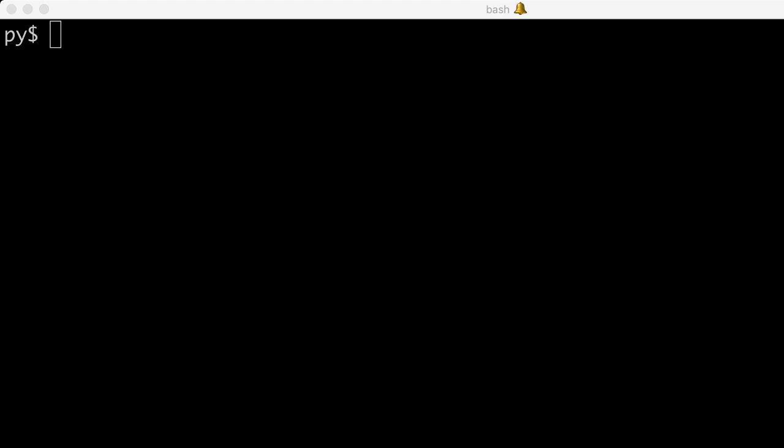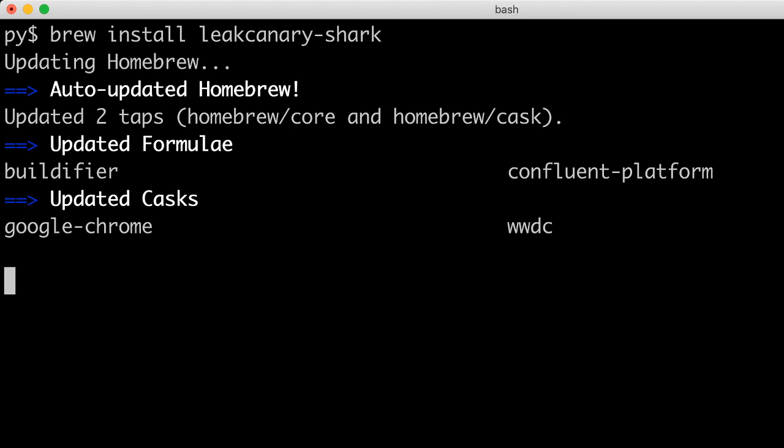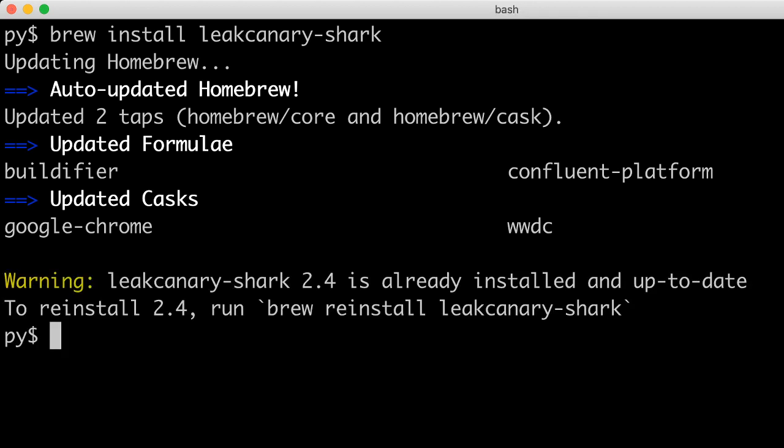There's this new command line tool that you can install using Homebrew, and it's called LeakCanary Shark. So if I type brew install leakcanary-shark, it's going to install LeakCanary Shark. It wants to update Homebrew for some reason. But it turns out I already installed LeakCanary Shark anyway, so there's nothing to do. But then I can do